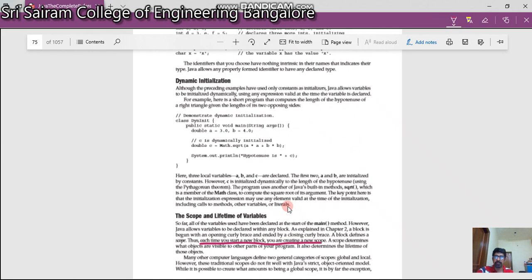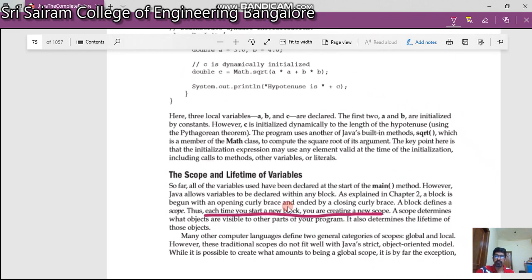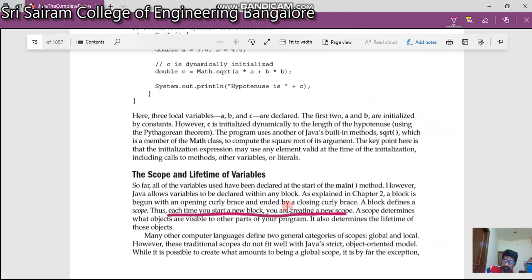Next is about scope and lifetime. When you create a new block, normally within the braces, what you do is create a scope. If you take my case, my scope is within the class where I'm defined.